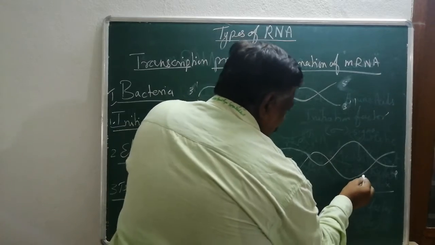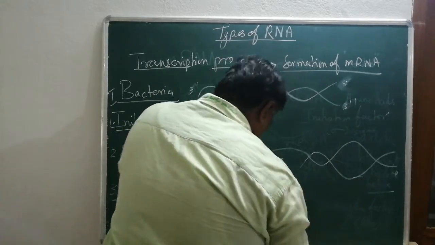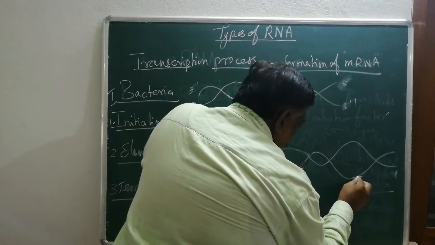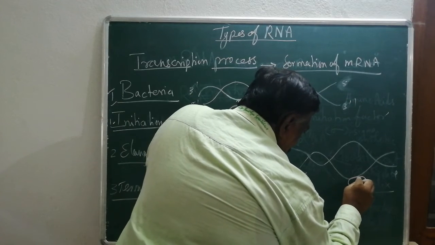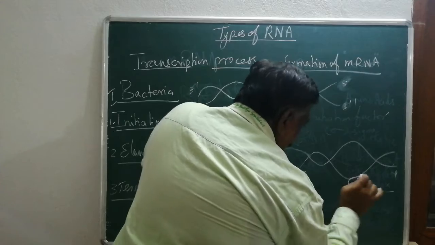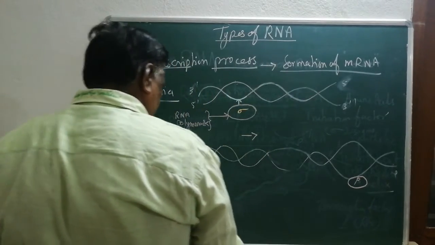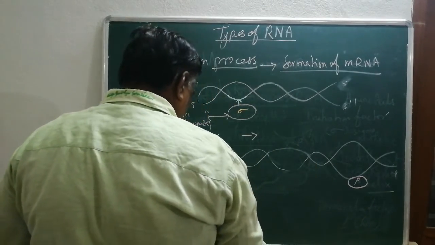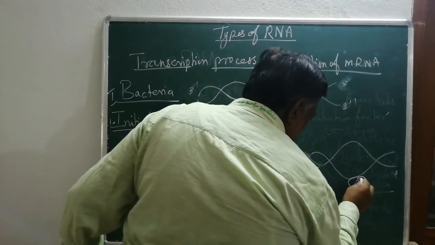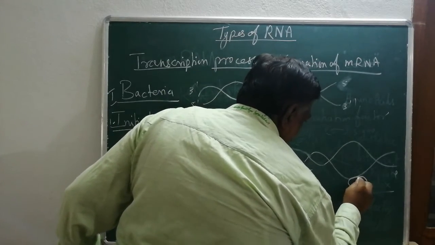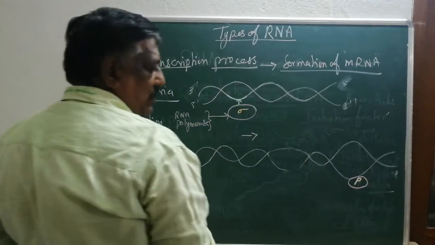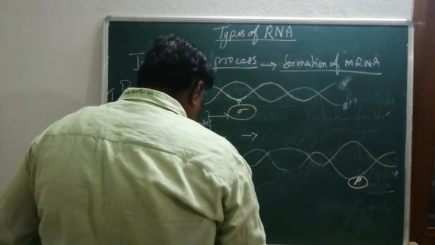Now it is here. This factor is here. Now you join with Rho factor. Okay? When you join with the Rho factor, make it in a different color. And if you join with the Rho factor, then